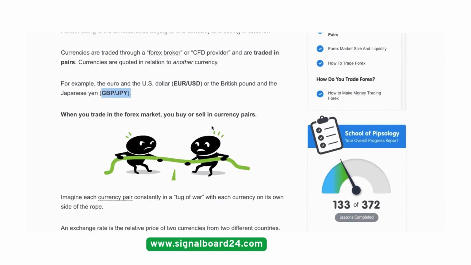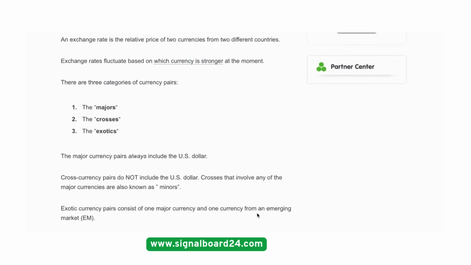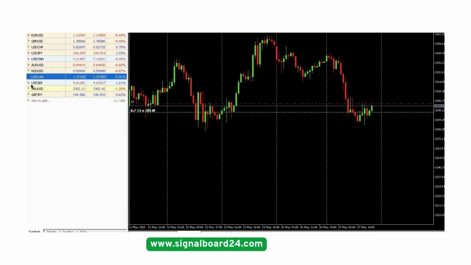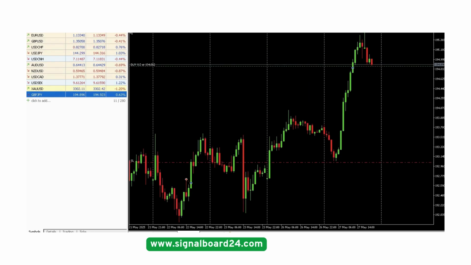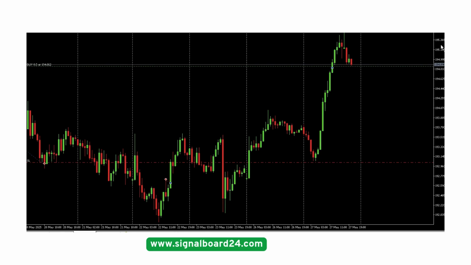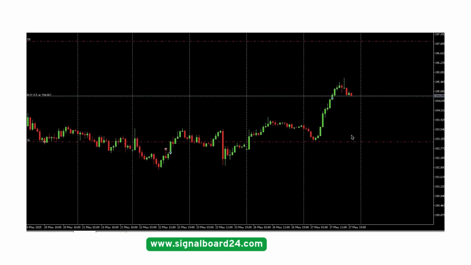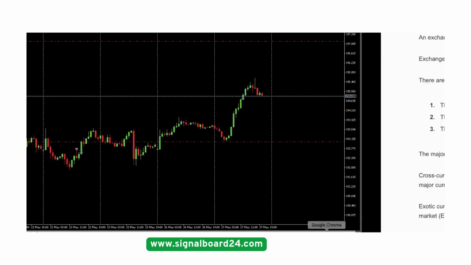If I analyze the market, we see which currency wins, because these two currencies are fighting against each other. So if I see one currency is going to gain value, I'm going to buy it. If I see one is going to lose value, I'm going to sell it. For example, here I have a chart of the Japanese yen. If I see that the Japanese yen is going to gain value, I'm going to buy. Or if I see it's going to lose value, I'm going to sell. It will depend as well on the knowledge and the strategy that we're going to have, which we're going to talk about in the next chapters.